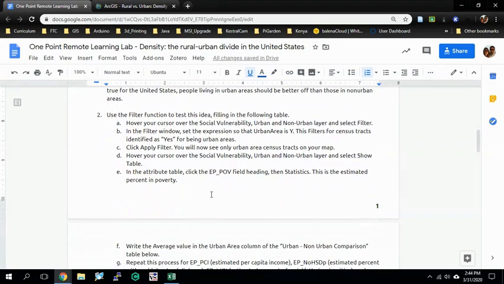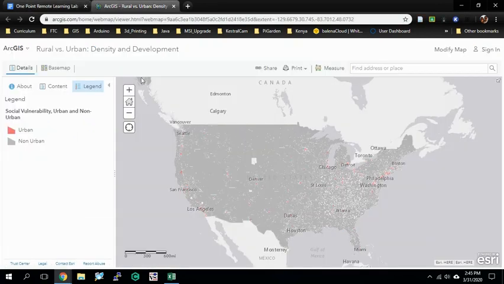So we're going to use a tool known as a filter. And some of you have done this before. If you've been in my class, you already know how to do this. But even if you haven't, just follow along with what I do, follow the written instructions, and you should have no problem at all. So the first thing we're going to do is we're going to filter out all of